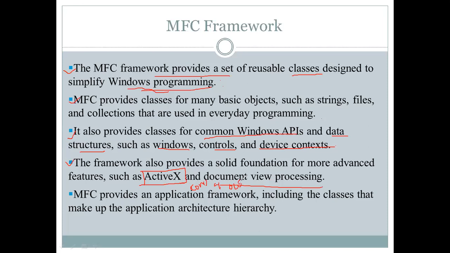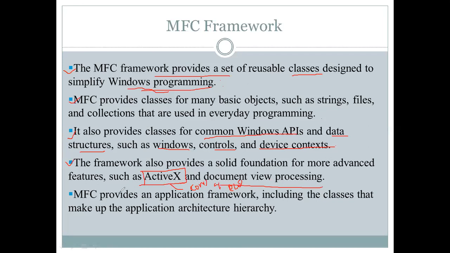ActiveX consists of these two: COM plus OLE. Microsoft frameworks provide these two features to achieve ActiveX programming as well as document processing.